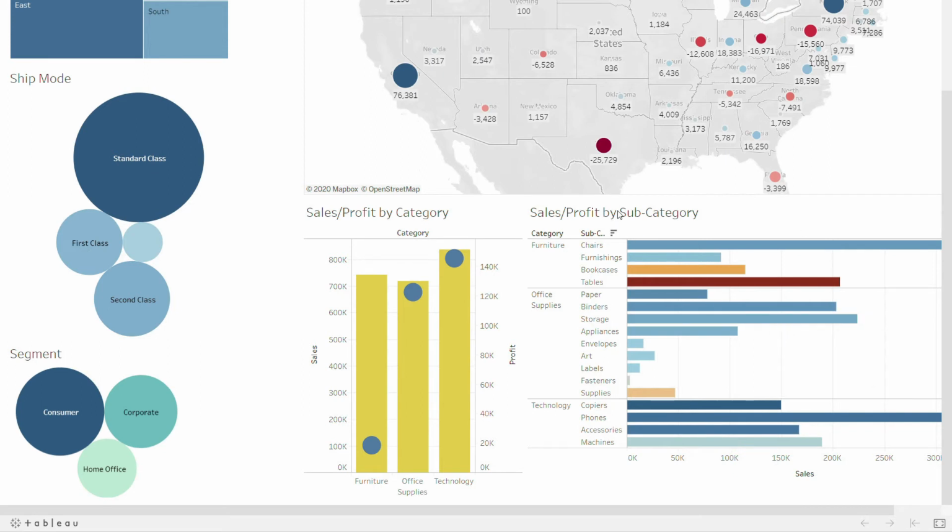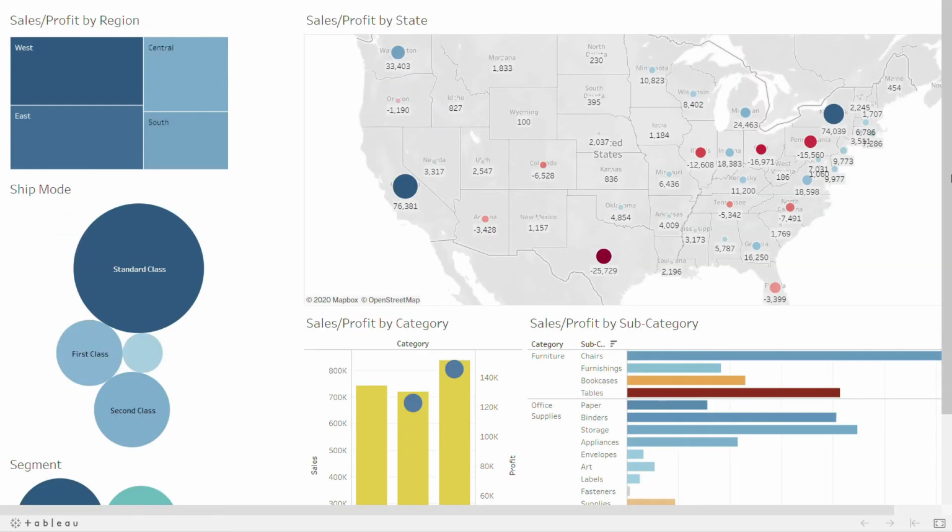As we can see in the subcategory graph also, technology is performing very well for all its subcategories, and office supplies is also performing fine for most of it, apart from just a few low profit and one loss subcategory. But when we look at furniture, we can see that 2 out of 4 subcategories are giving loss. So this is something I'd be interested to investigate as a business manager. Now let's dive a bit deeper into our analysis and inspect the performance region-wise.